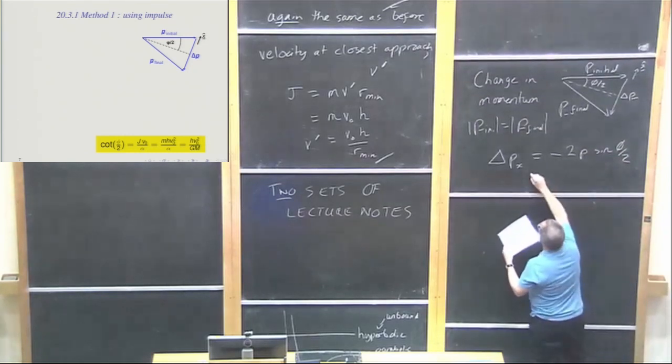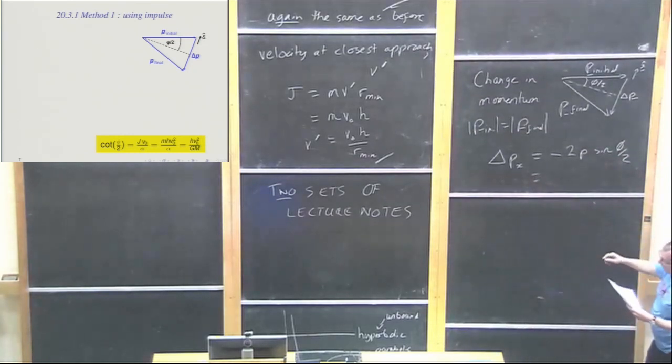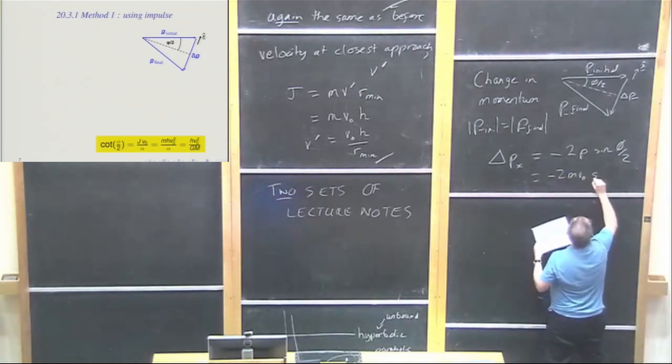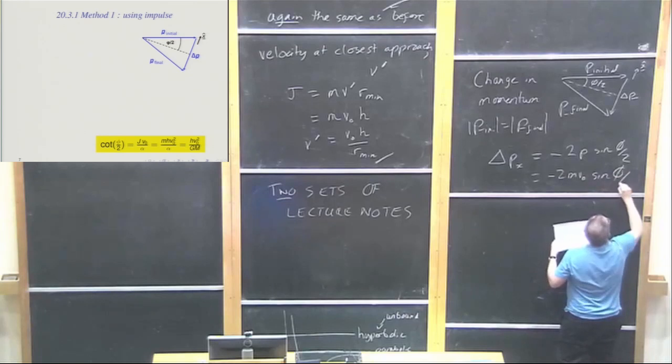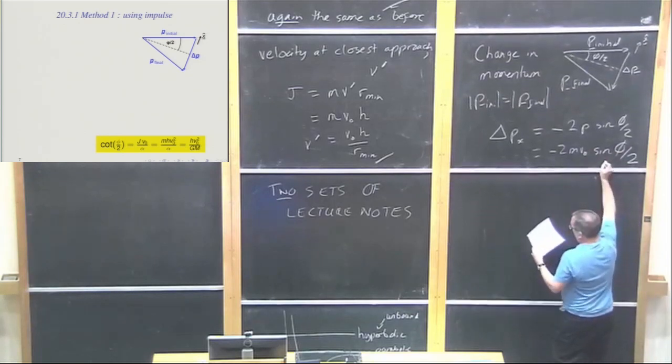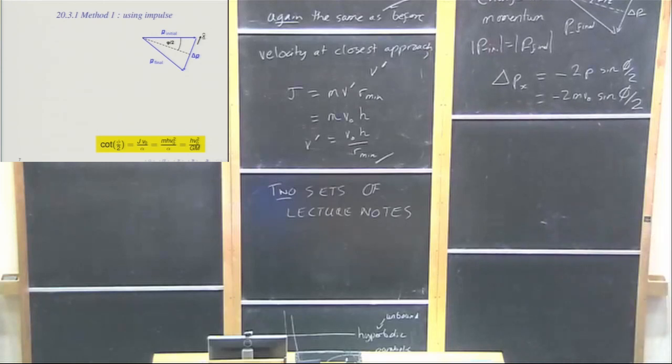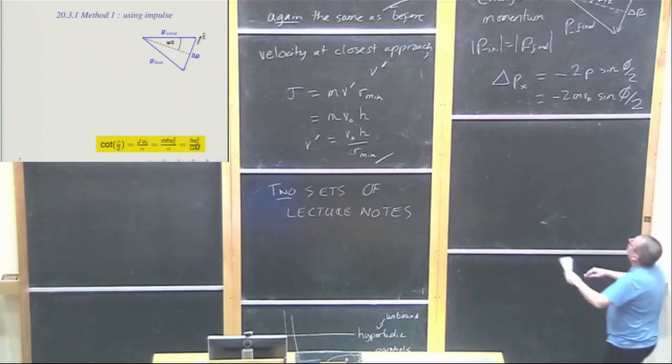And we know what p is, it's just mv0, so this is minus 2mv0 sine phi over 2. Okay, so that's already one expression involving phi, but to progress we need to get more information on what this